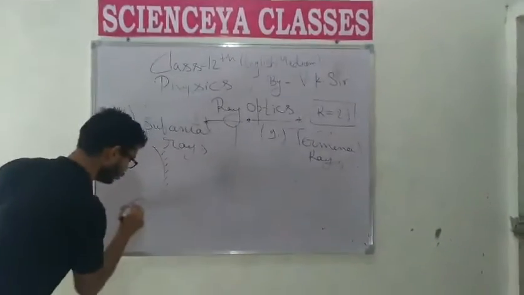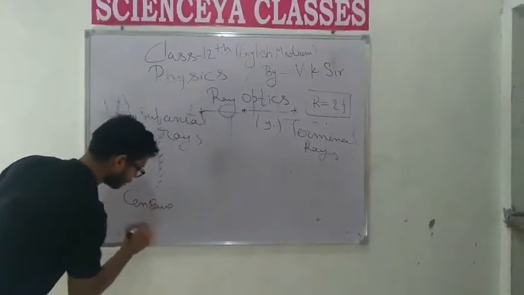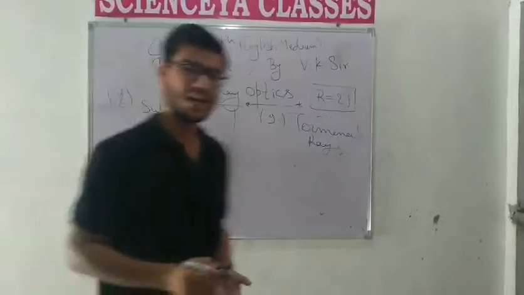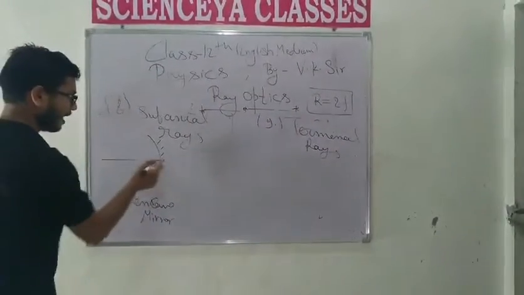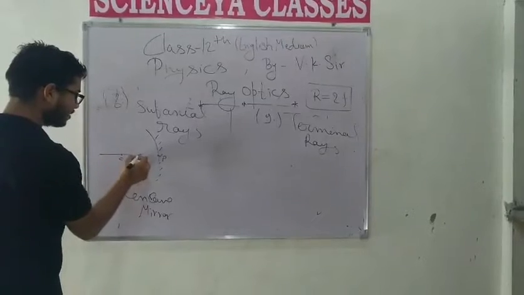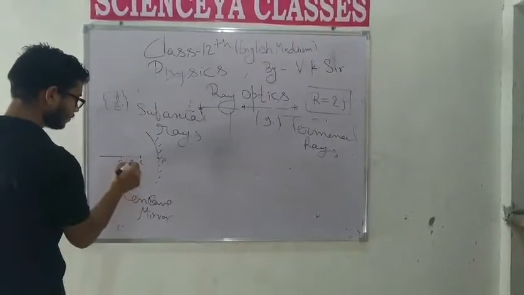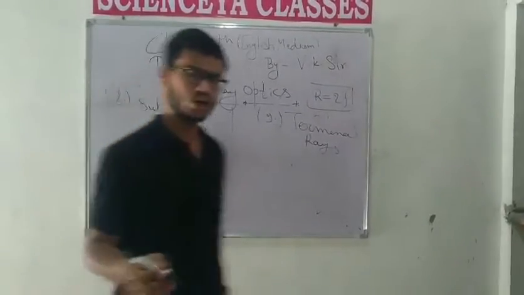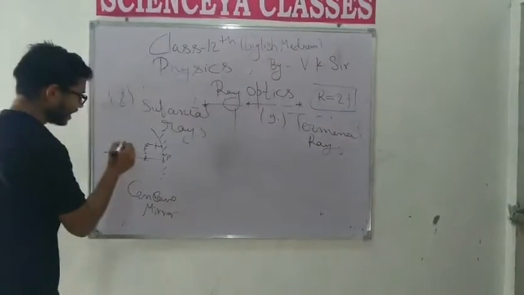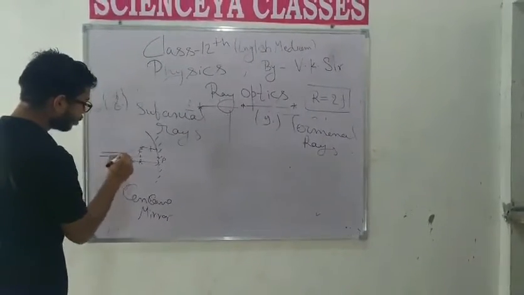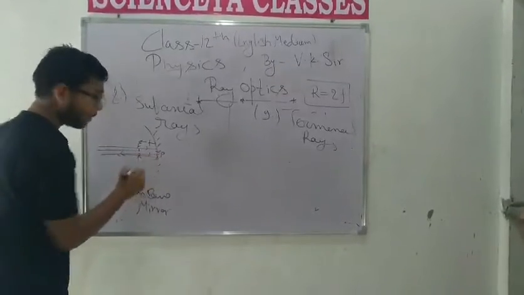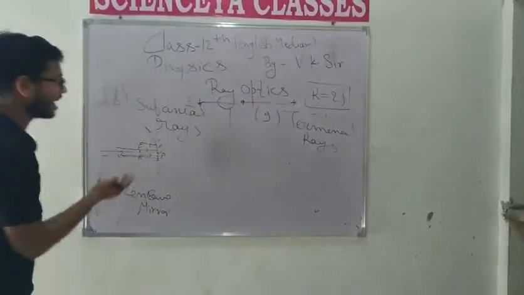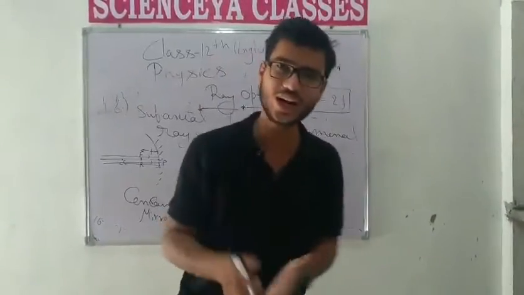So basically, students, we are using a concave mirror here, and it has the same things discussed before: principal axis, pole, center of curvature, radius of curvature, principal focus, focal length, focal plane. Okay, students, all these things are here. The rays that are very close to the pole and parallel to the principal axis are called subaxial rays. Very simple.